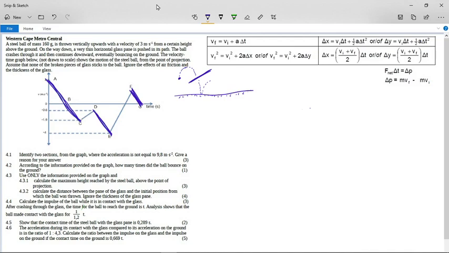So those are where the ball is a projectile, which means where the acceleration is different, which is over here and over here, this must be where the ball is either making contact with the ground or with the pane of glass. And now according to our diagram, the pane of glass came before the ground. So this one here is going to be the glass, okay,